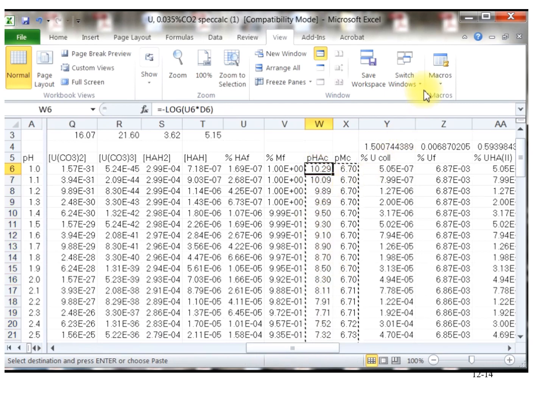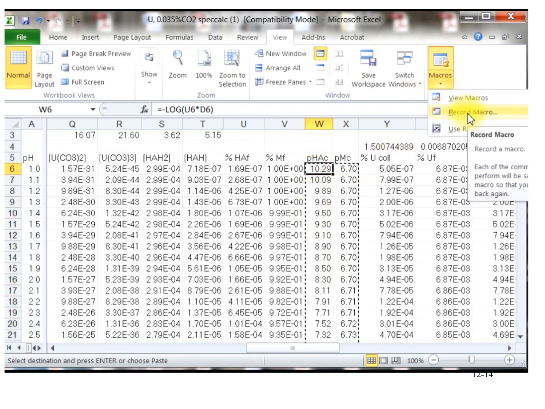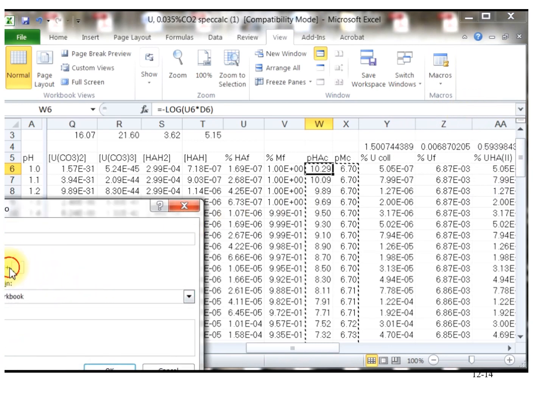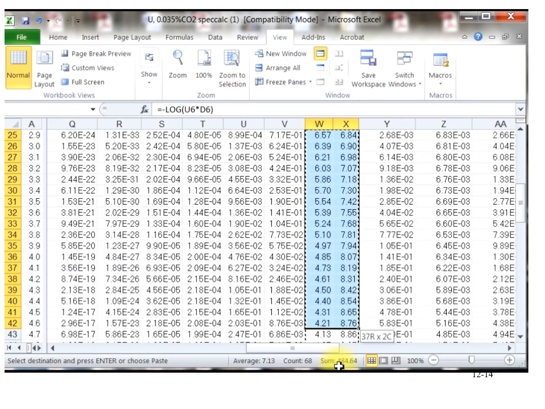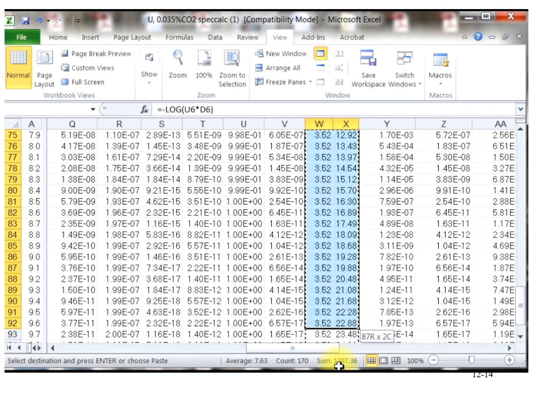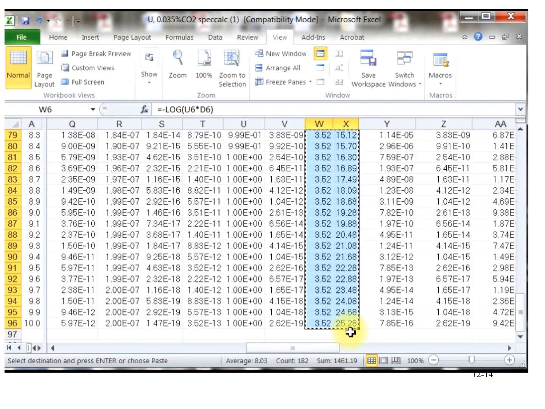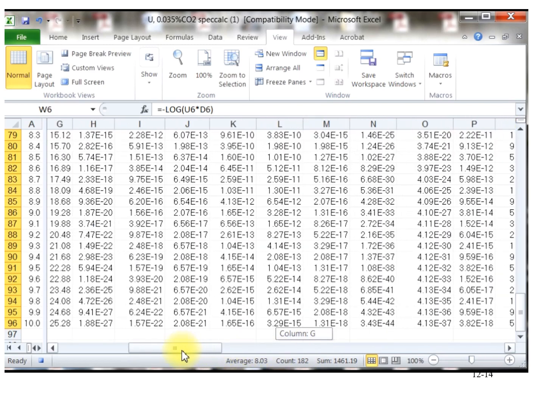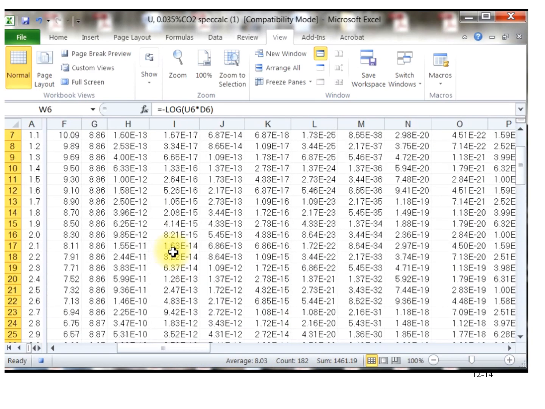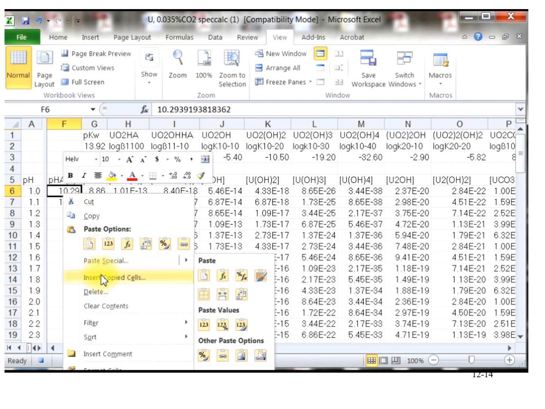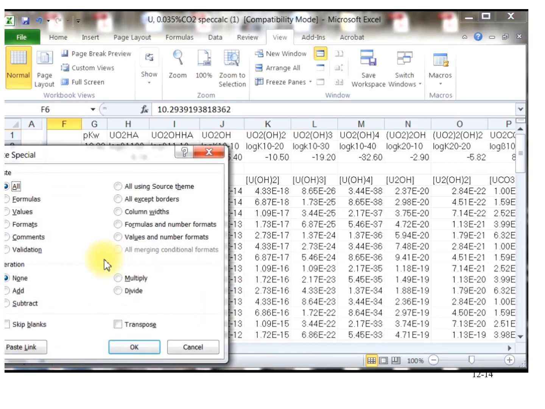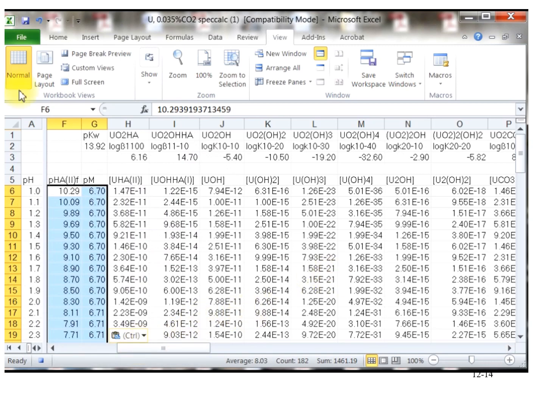Now, as opposed to doing this manually with Excel, we can record a macro. So I'm just going to make this Control A. So what I'll do is, this macro is running. I copy the calculated pX values. I move these back to my initial pX values. I say paste special, and I paste the values. And then let's go back